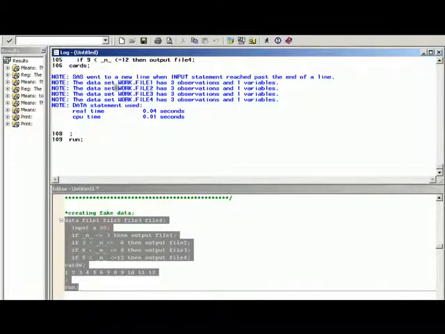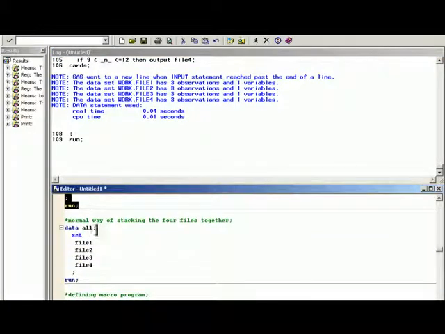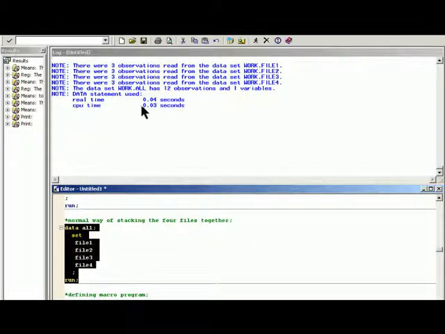Now, the reason I'm making these is because I want to show an example of what if you wanted to write a data step where you wanted to read in a whole bunch of files. So in this example here, we're saying data all; set file 1, file 2, file 3, file 4, of course a concluding semicolon, and then a run statement. Well, if we run this, we go, okay, that's some pretty simple SAS stuff,